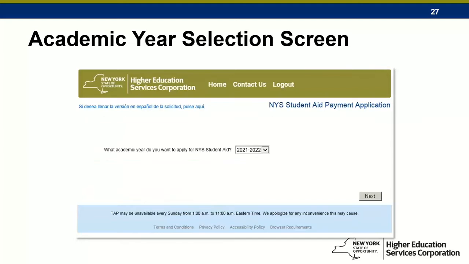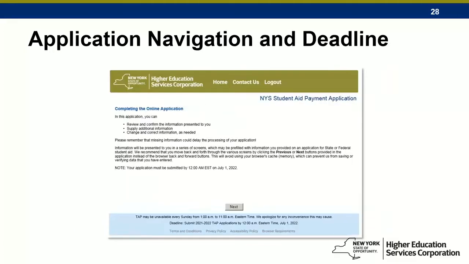They're first allowed to select what year they're applying for TAP, similar to FAFSA. If I'm going to college next year, it's going to be the 2022 version that I want to fill out. And there's going to be some steps, an overview of how to navigate the application, and also the deadline to apply for TAP. Now, the reason why I bring this up, I haven't brought this up in previous trainings that we've done, is that